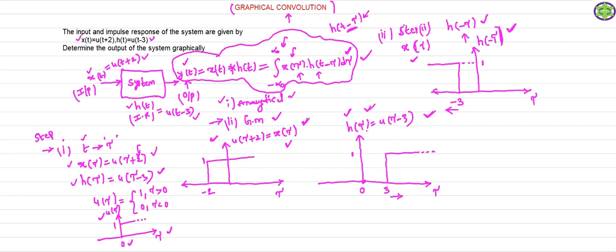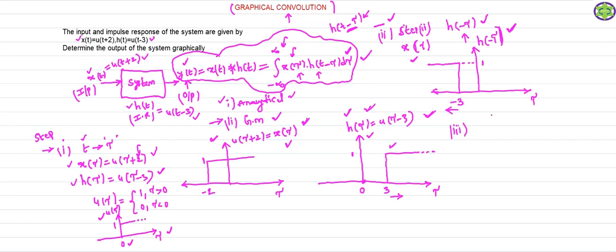So what is the time reversal operation? You just take the mirror image of the signal about the y-axis. So what is the mirror image of this signal about the y-axis? This is nothing but the mirror image. Therefore I got this h of minus tau. After getting h of minus tau, step 2 is completed. Now step 3. Let us clearly observe step number 3.